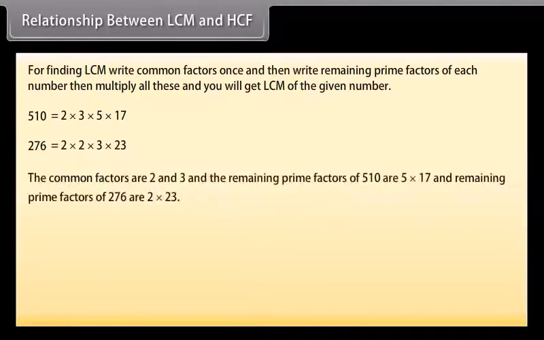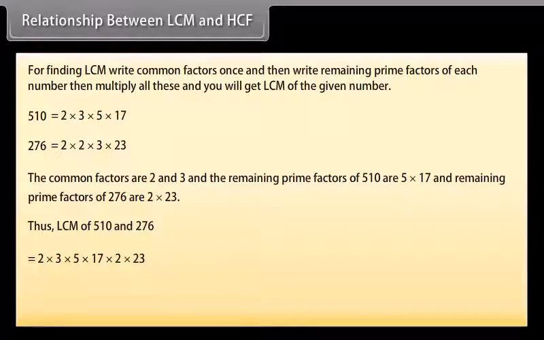The common factors are 2 and 3, the remaining prime factors of 510 are 5 into 17, and the remaining prime factors of 276 are 2 into 23. Thus, LCM of 510 and 276 is equal to 2 into 3 into 5 into 17 into 2 into 23 equals